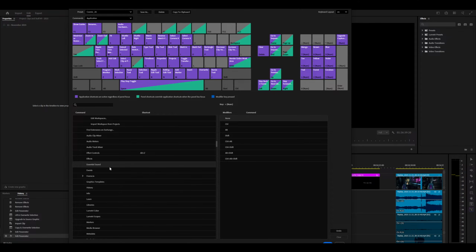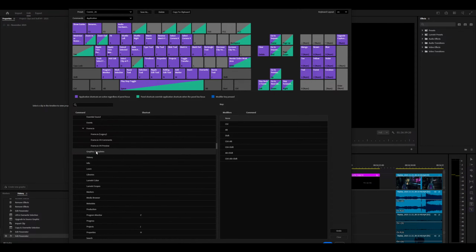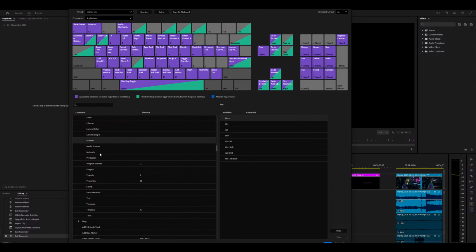I think if I use the keybind, the only thing I do in essential sound is turn on enhanced speech sometimes, and when I use that keybind, it should automatically open the essential sound panel for me, so I don't really need to worry about it too much. Events, frame.io, graphics templates, history, info, learn, libraries, limit color, limit scopes, marker,